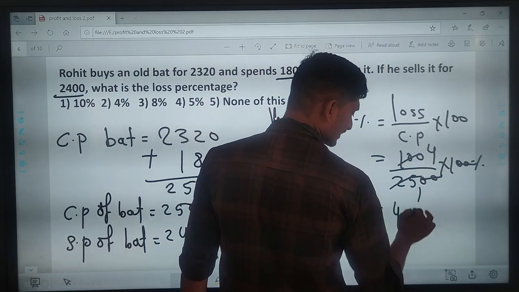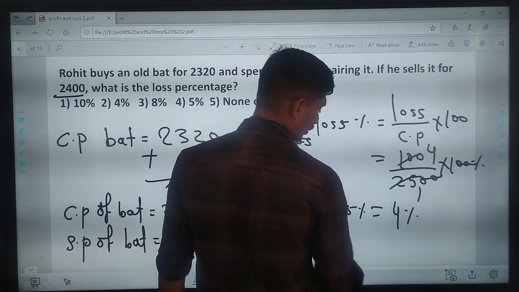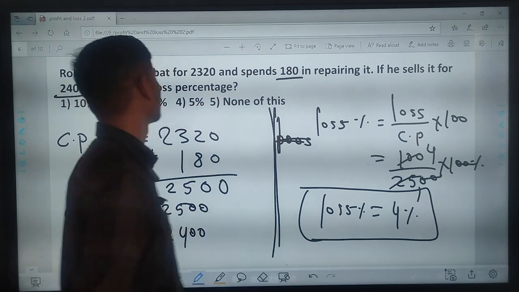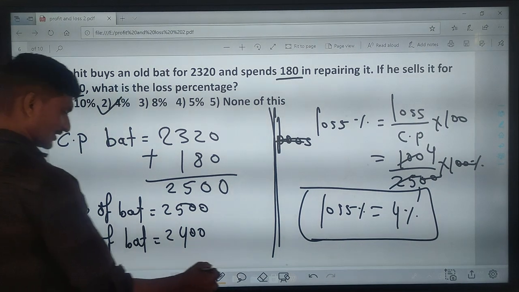Now your loss percent is 4%. Your answer is 4%. Next,